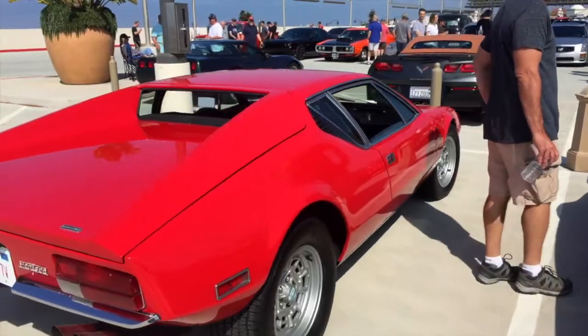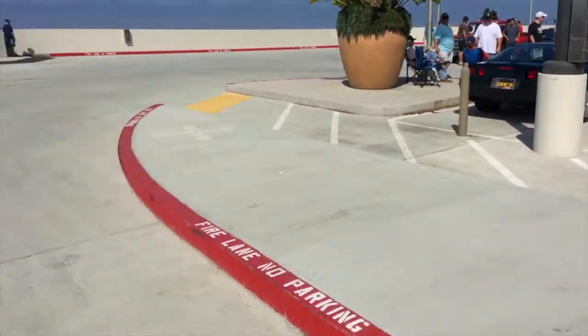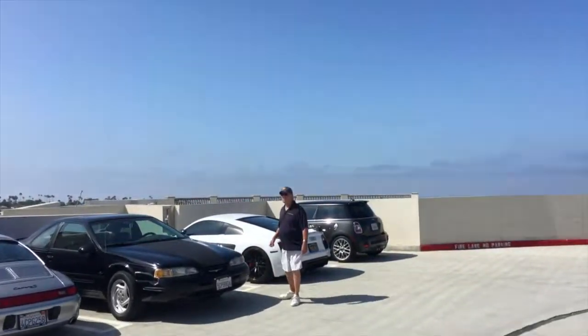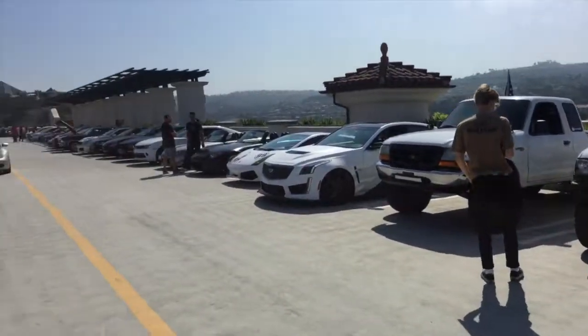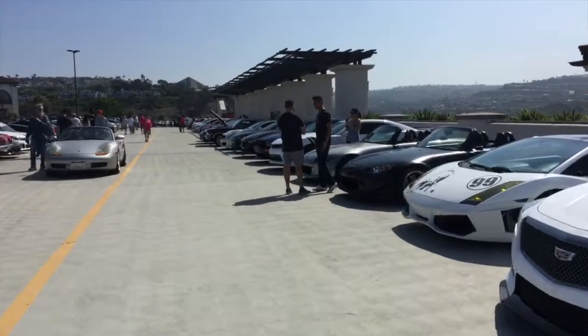Then we have this beautiful Pantera. So we have the custom one and then the other one. And then over this side, what have we got here? We've got a Mini, an R8. Oh. So we've got a Mini, an R8, Thunderbird, Porsche, MG, a couple of trucks, Hunter in his CTS-V, and then